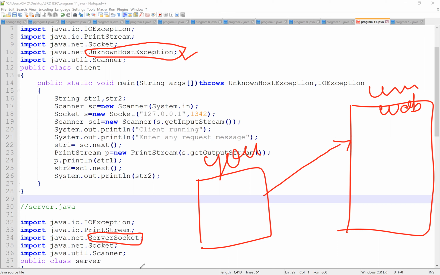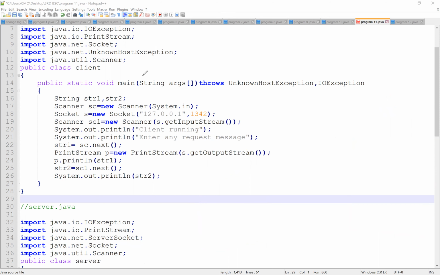Next, on the server side we are using ServerSocket. Since this is the server side, we use ServerSocket along with Socket. After that we need to have our class and then main. Since we are using exceptions, we are supposed to write them here: UnknownHostException and IOException.